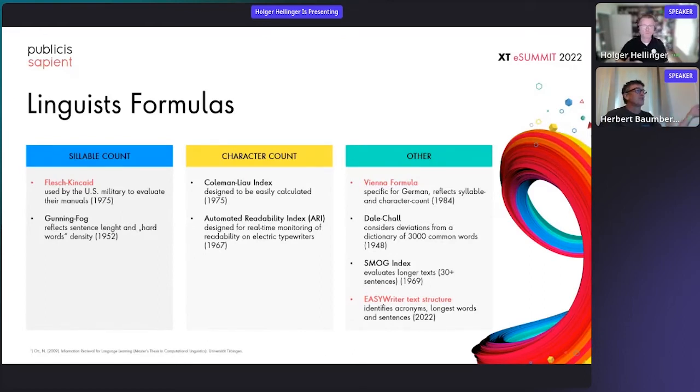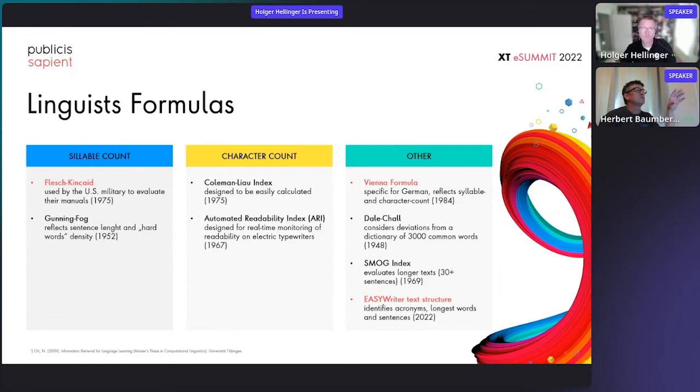examining this and trying to understand how to make text measurable for a number of decades, and some of the formulas that they have developed over time have been implemented out there by some students, by some NGOs, but it's always like a web form where you can copy and paste your text in and get an answer back, but that's not very integrated. So what are these formulas looking at? There are three main groups I would like to point out.